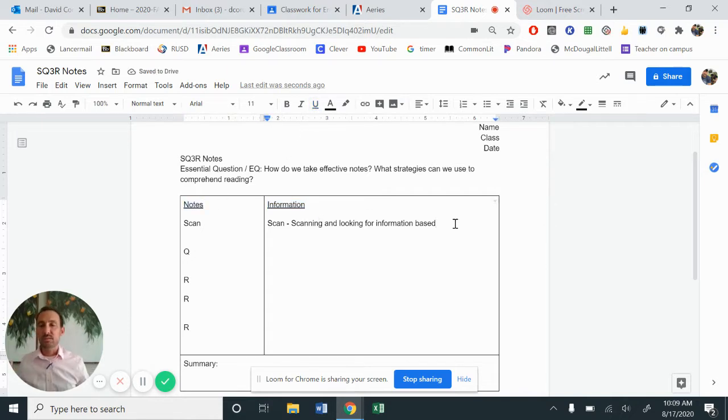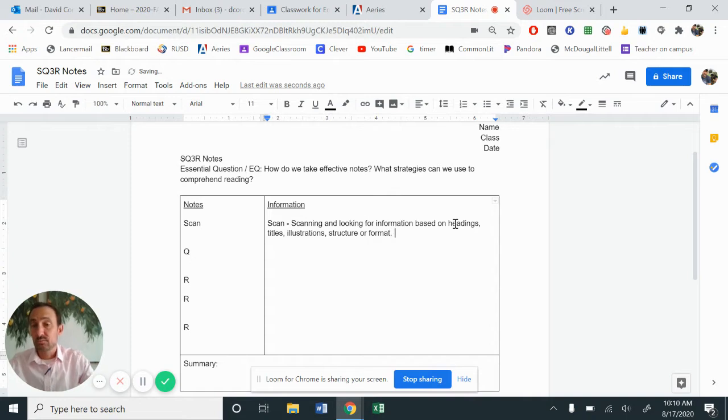Scanning is based upon what you can tell. Sure, you can scan through and look at the words, but you don't necessarily get the content. Here, you're looking for information based on headings. Okay, are there certain like chapter titles? Are there illustrations that you can reference to? There's structure